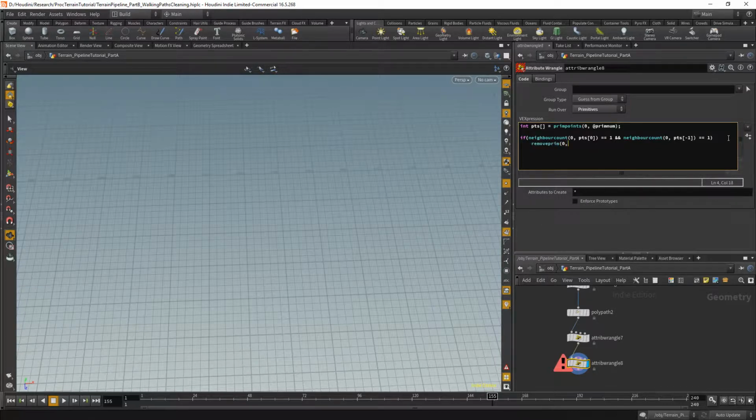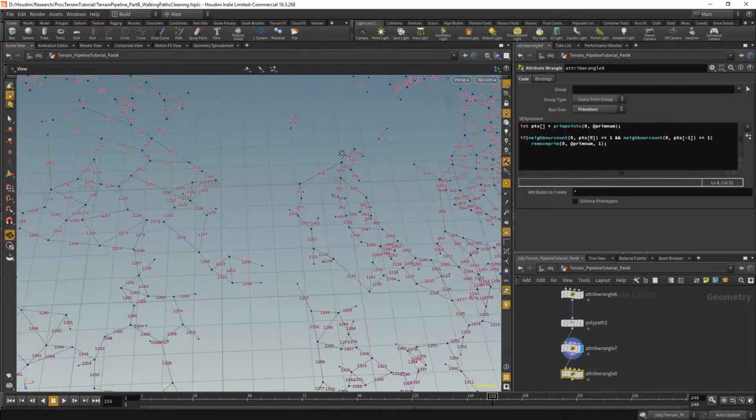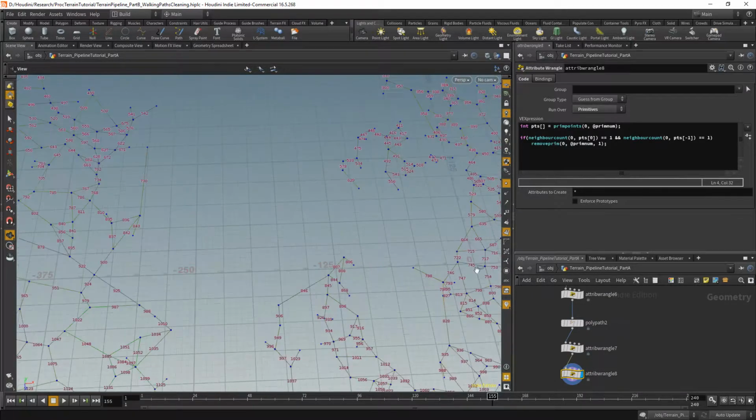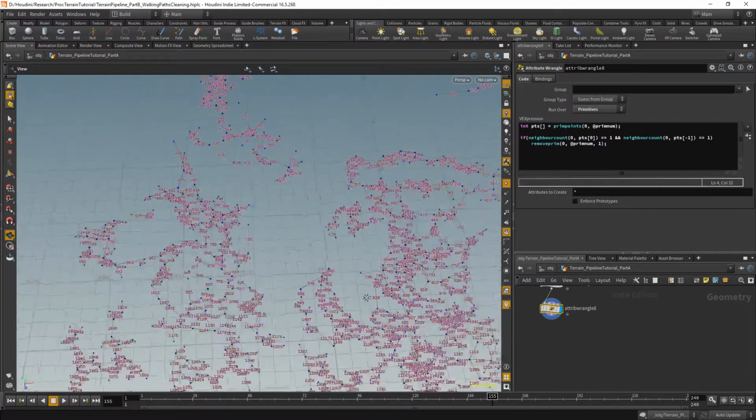So if both points are open or only have one connection, then remove the primitive, and all the points on the primitive. Okay, check. Yeah, so this example should get removed. There we go. Okay, so now we need to do some kind of process to reduce the amount of paths that we have